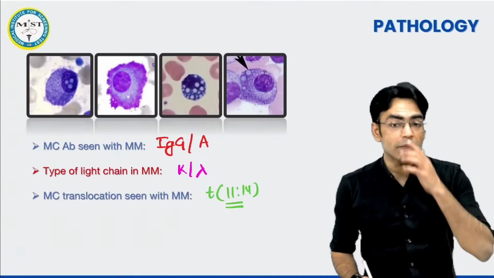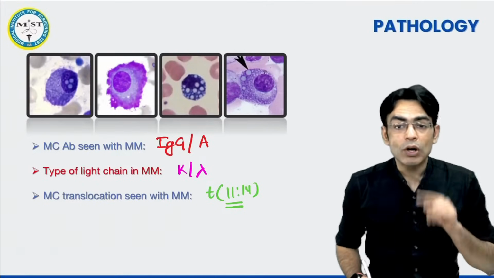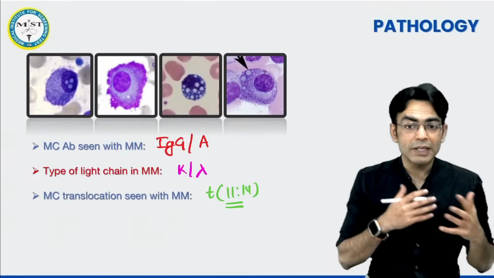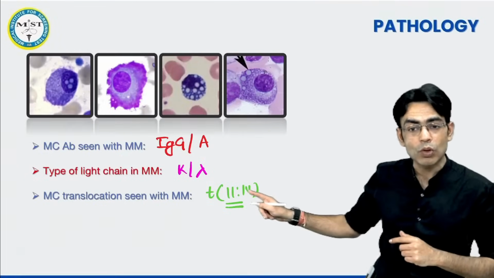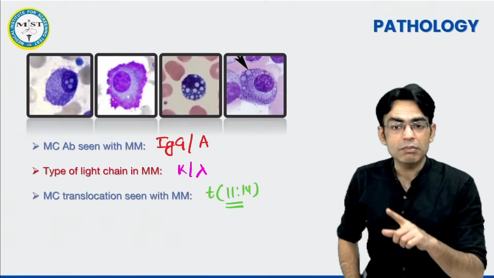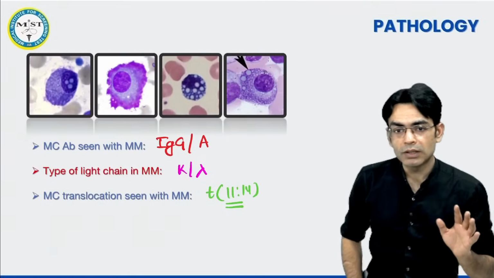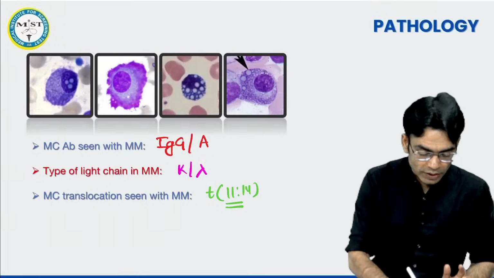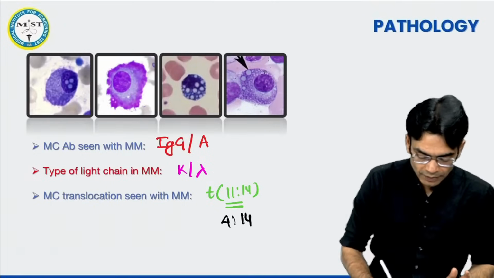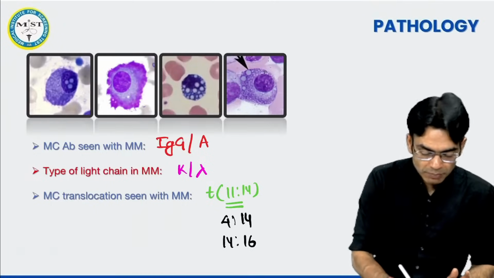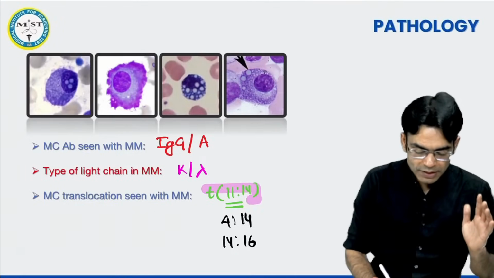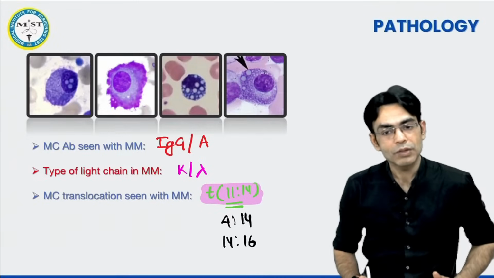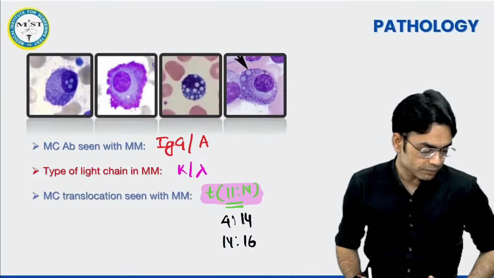In multiple myeloma, because multiple myeloma is an antibody dependent disorder, because of a problem with antibody production, and the gene for antibody is located on chromosome number 14. So all the translocations with multiple myeloma will have 14 in common. So which ones are there? 4-14 and 14-16 are there. But the most common overall they are asking, and for the most common it is translocation 11-14. Okay, keep this in mind.